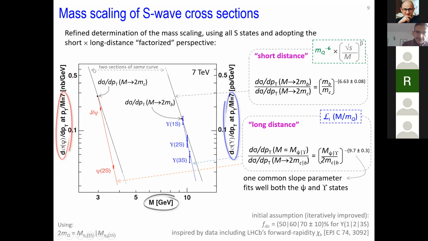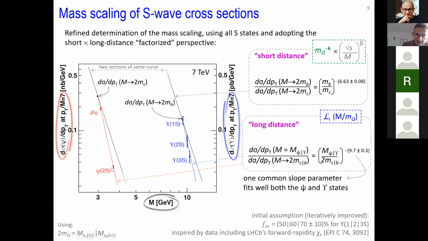To do this, we have in this picture all the cross sections split in two different scales. On the left we have germanium, on the right bottomonium. So you see that we have nanobarns on the left, picobarns on the right. And the continuous black line is simply the mass dependence, the m to the -6.6 that we've seen before, the result of this -6 plus the 0.6 of the partonic luminosity factor.